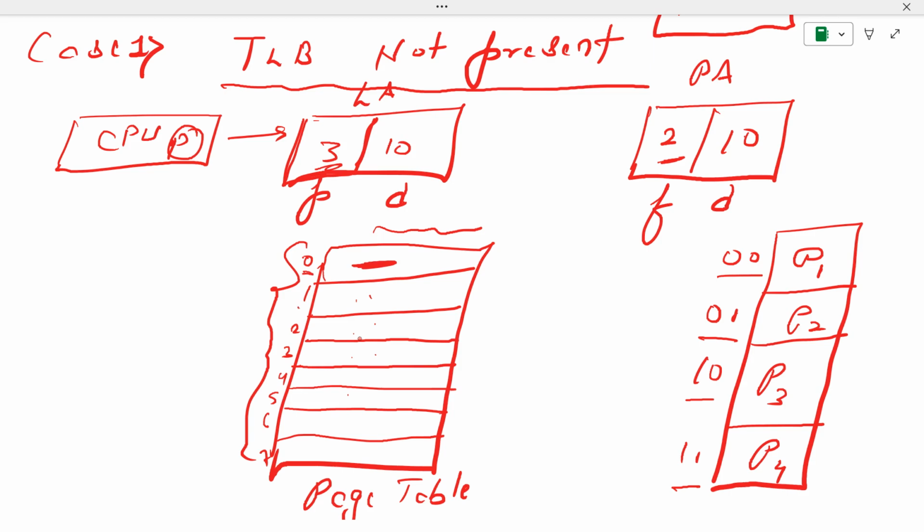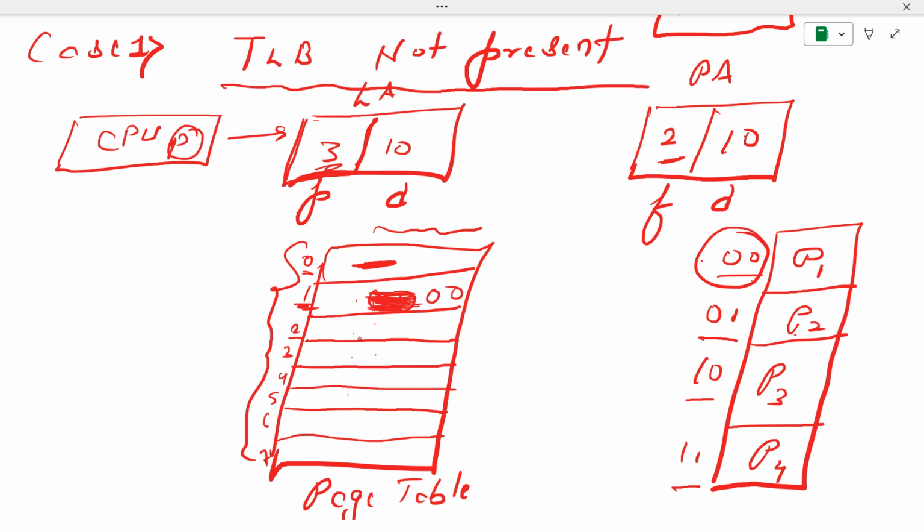For the first page it is present in 00 frame, for the second page it is present in... sorry, the second page is present in the first frame. No, the first page is present in the 00 location, that is the